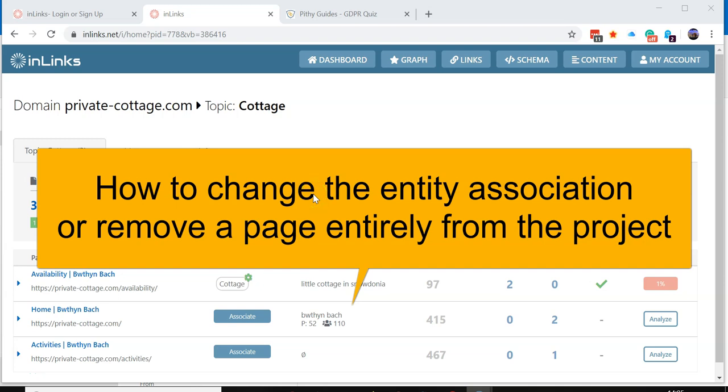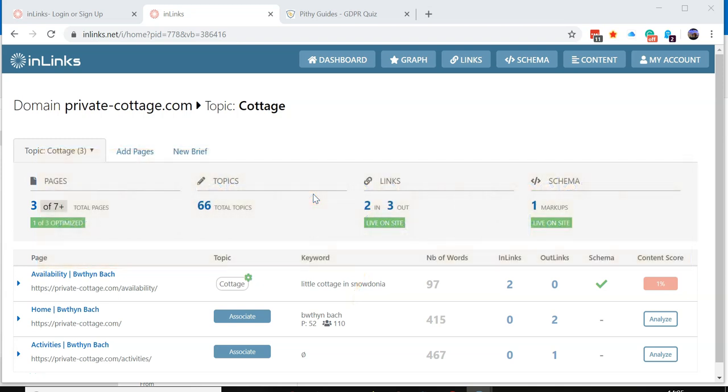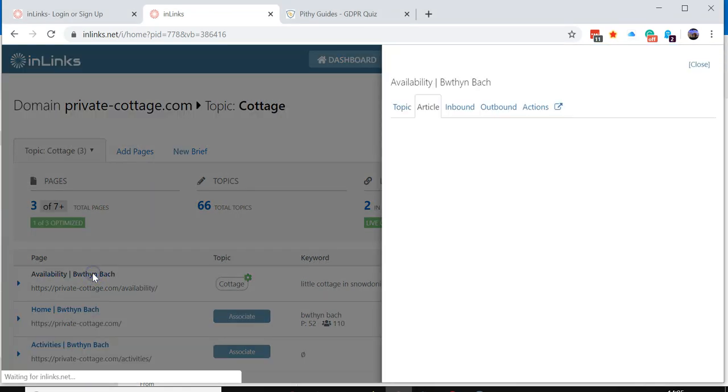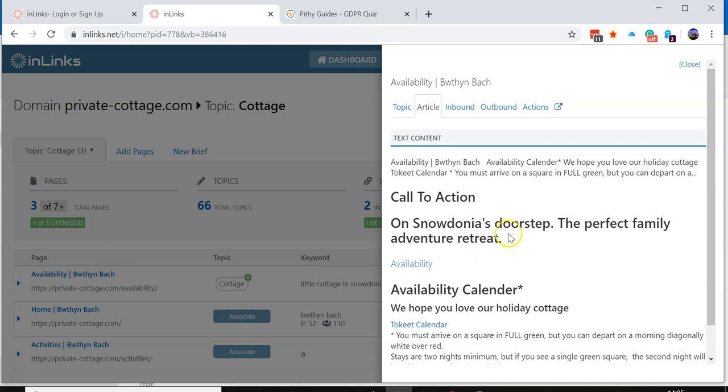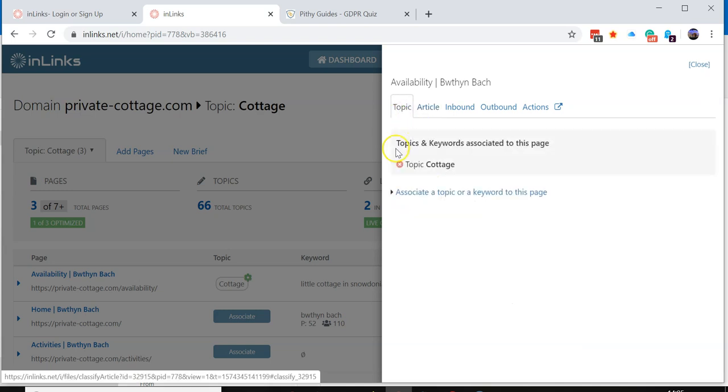How to change a topic association or remove a topic or a page from your project. In your dashboard, find the page that you're interested in, and if you click on the blue title of the page, then this bar will come across. This brings in actually the contents. You can check your content that we've read on the page. But if you click on the topic tab, then here you can either remove the topic, in this case cottage,